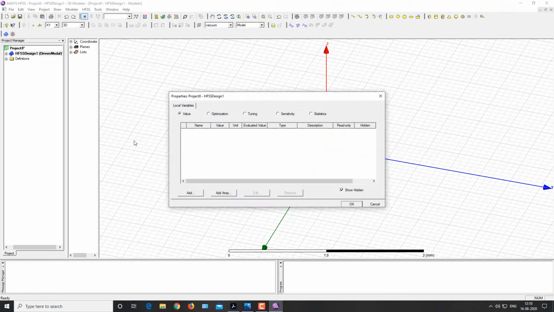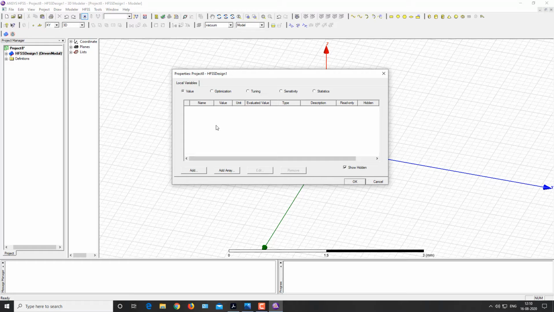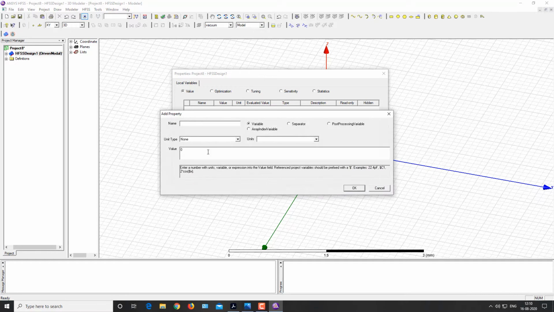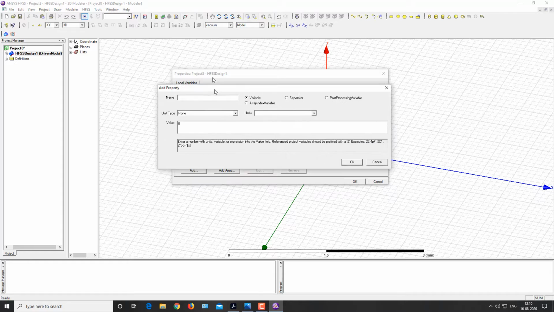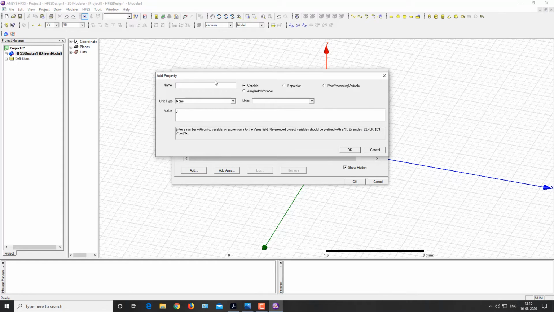Click on this. Now here you can define your parameters, your design equations, as you want. For adding your design equations, click on add, and then start defining your equations.